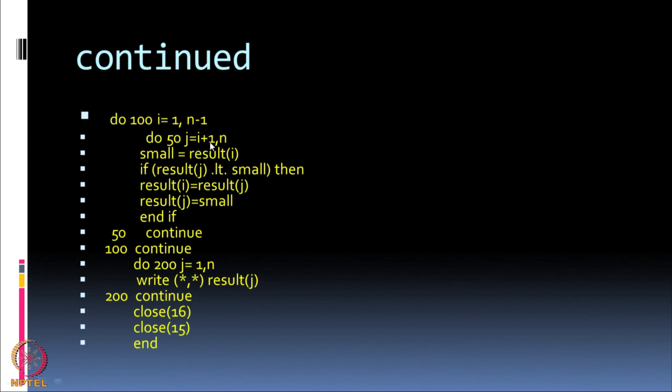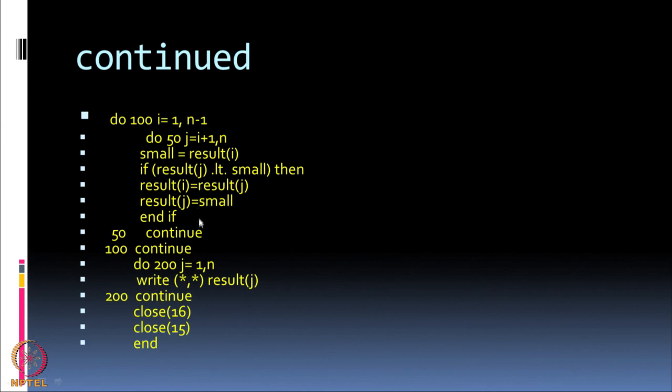So, the first loop gives the smallest value in result 1, the second loop will give the next smallest value in result 2, the third loop will give the third smallest value in result 3, and so on until all the smaller values are arranged in an ascending order from 1 to n minus 1, and if I do up to 1 to n minus 1, automatically the last value would be the largest value. So, the last loop will finish without doing anything, because already the last value is larger. So, in the last loop I have this n minus 1, if n is 10, let us say it will be 9th. So, the 9th value will be compared with 10, but 10 is already the larger value, because the 9th one is the smallest among the first 10.